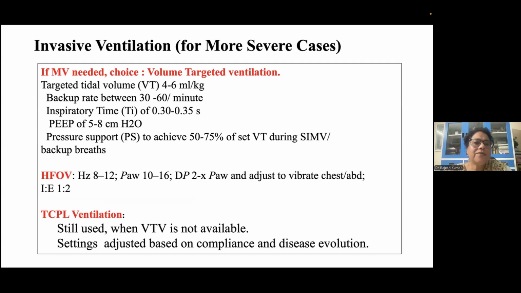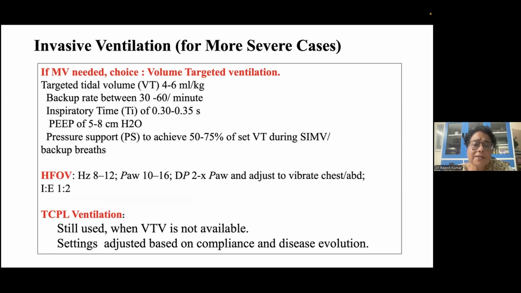IE ratio is kept constantly at 1:2. Where the facilities for volume-targeted ventilation as well as high-frequency oscillatory ventilation are not available, TCPL ventilation can still be used, and the setting is adjusted based on the compliance and the disease evolution. But here again, as Dr. Tapas has mentioned earlier, as the compliance improves, we need to come down on the settings, mainly the PIP, as well as if the baby also has hypocarbia, then we need to come down on the respiratory rate. All this, if not done, then again there can be